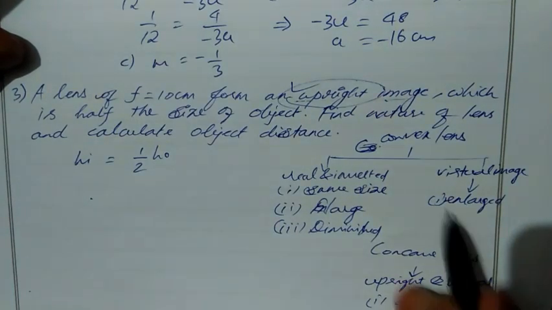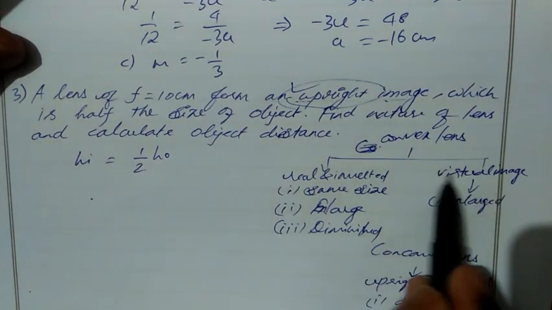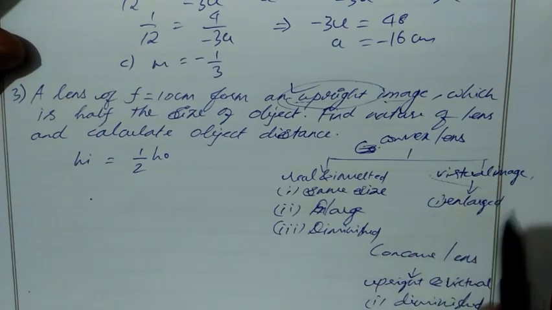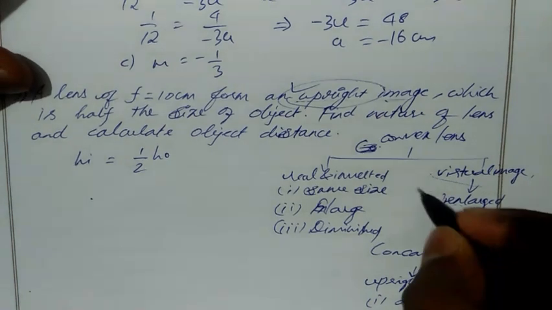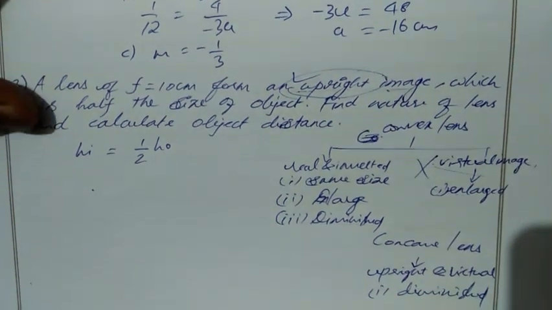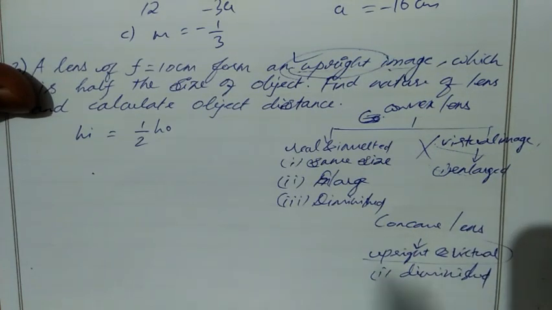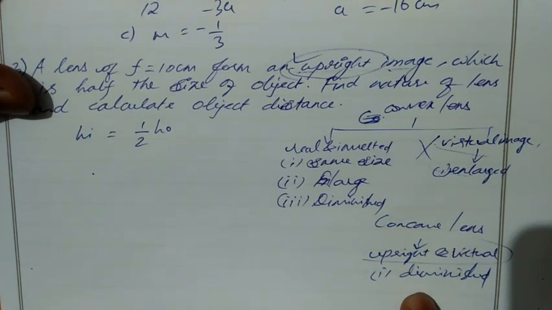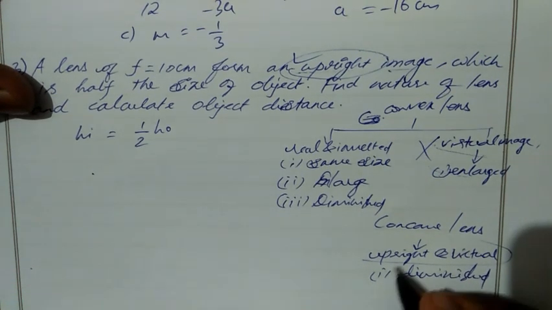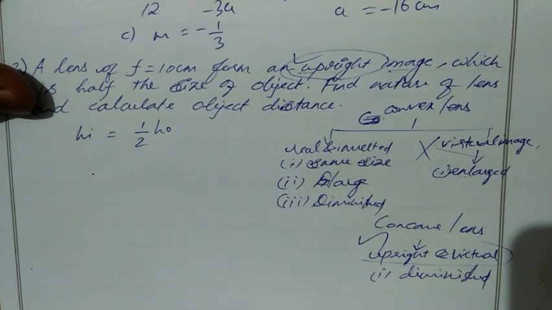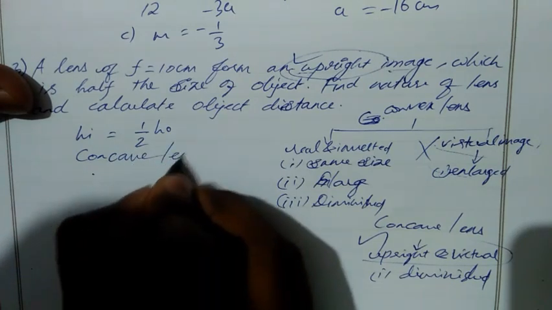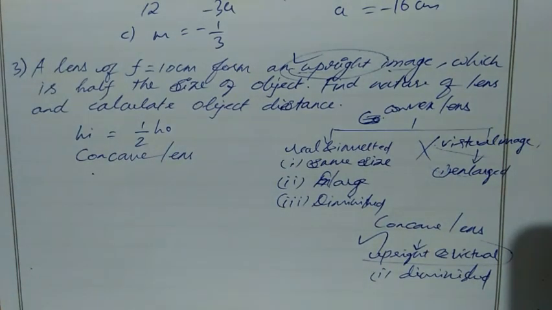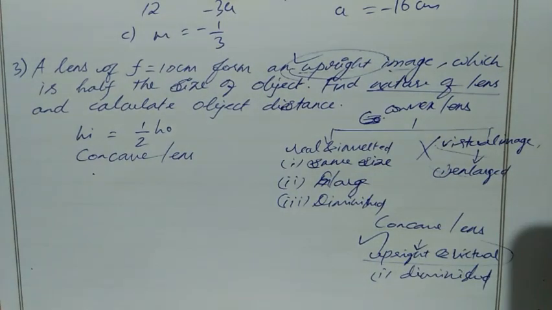object. In the first case, for convex lens, here we have a virtual image, but the size of image is enlarged. Okay, size of image is bigger than the size of object. So definitely this is not our lens. Then for a concave lens, here also we have upright and virtual, but here the size of image is smaller than the size of object, diminished. So this is our particular lens. Now our lens is concave lens. Nature of lens is concave.